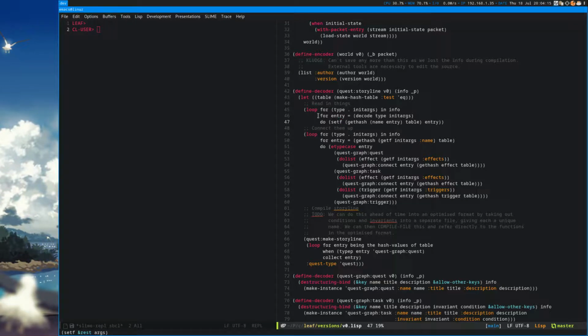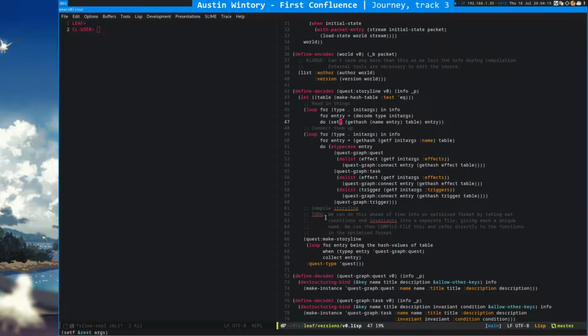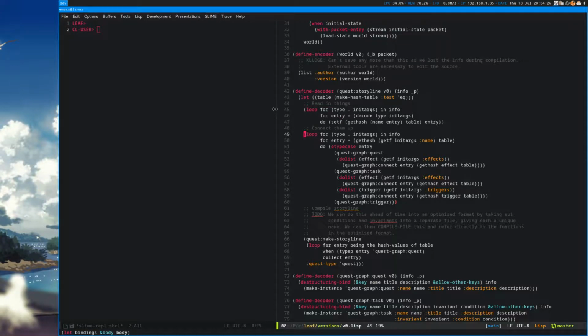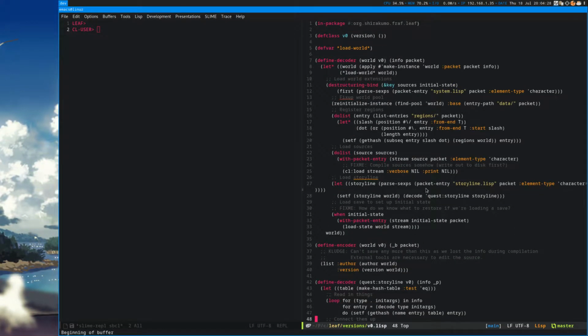That way I could get a pre-compilation step done to avoid having to do more at runtime or at load time. So if load times ever become a problem, this is a thing that I could do to speed it up.